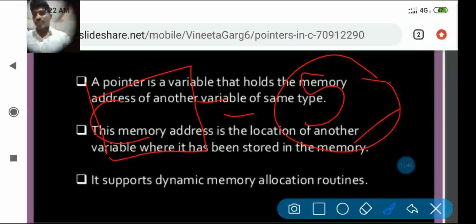Then I will tell you one example to understand clearly. Take any object, for example, a blackboard.